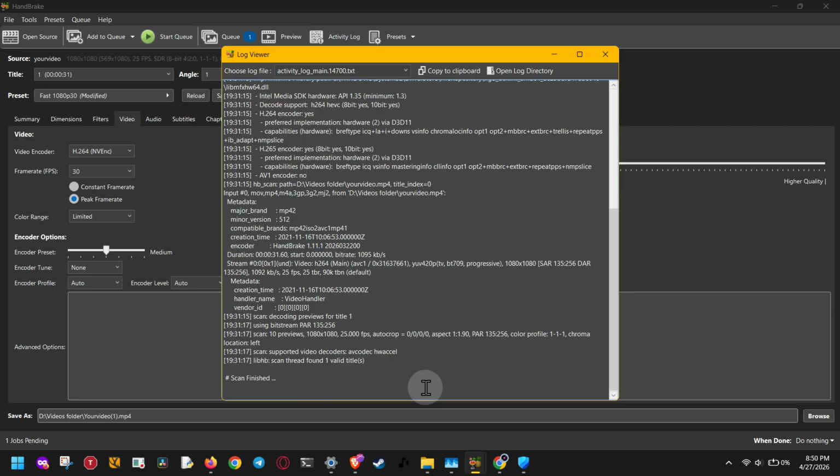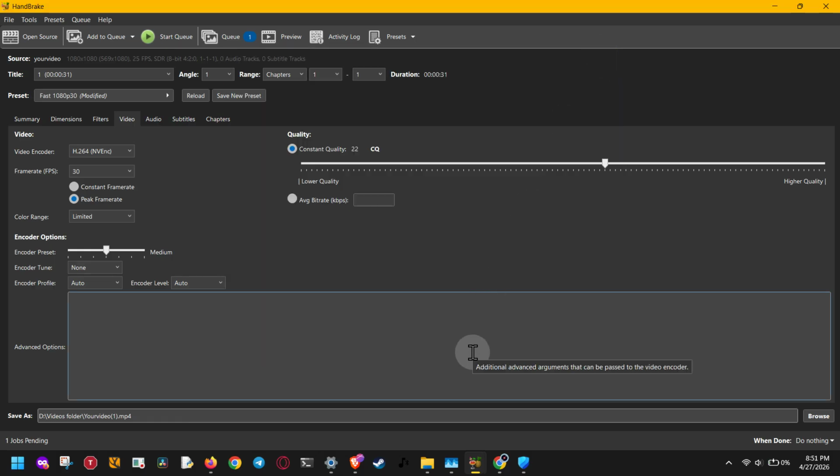But if the log says no titles found, that means the issue is probably not permissions. It could be a scratched disk, a damaged disk, or more advanced copy protection such as 99 title protection, which HandBrake cannot handle on its own. In that situation, the problem is with the disk itself or the type of protection on it, and not just